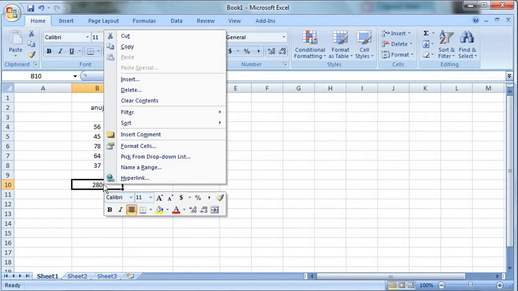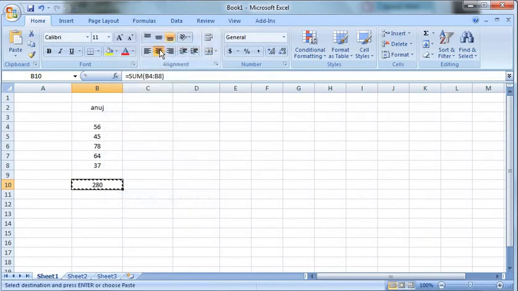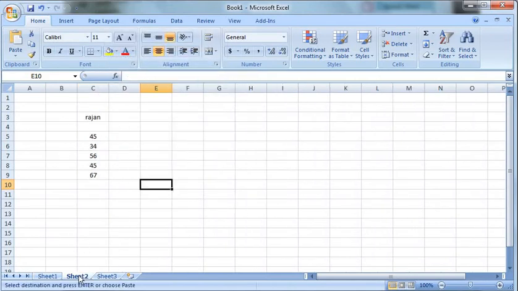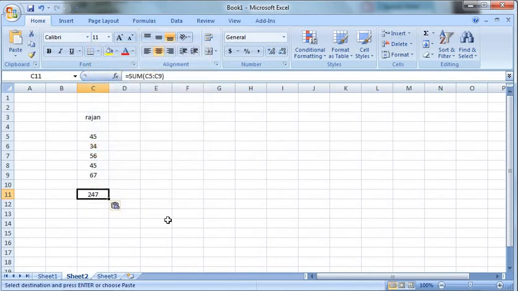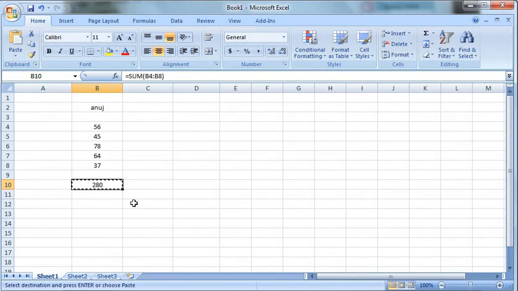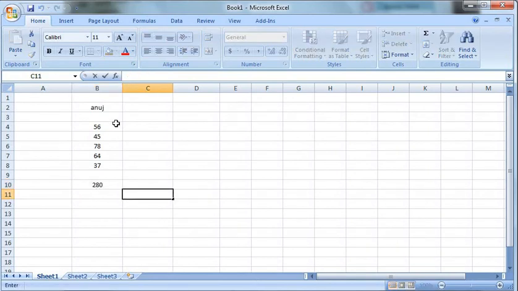So I can directly right click and click on the copy option, right? And then I will go to Sheet 2, and here in Rajan's, here I want the answer. Wherever I want the answer, I will just right click and click on the paste option. So see, 247. In Sheet 1 we had 280, the addition of this.